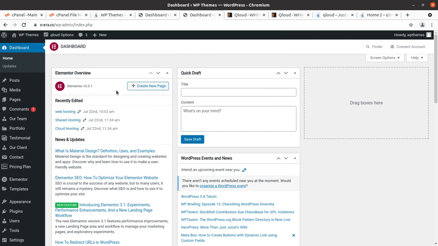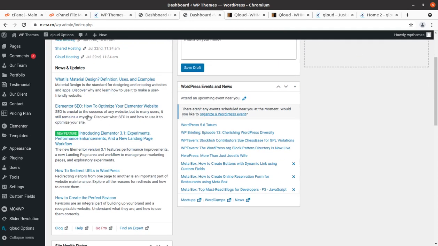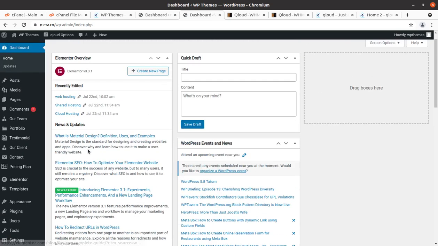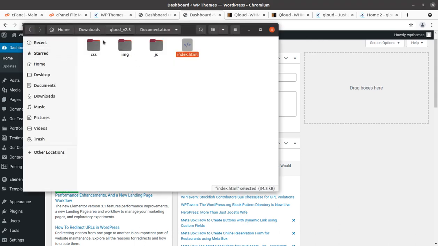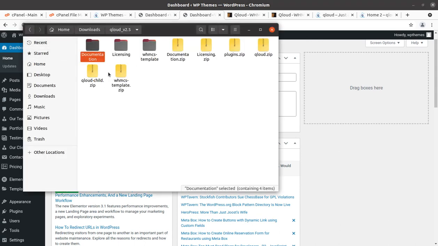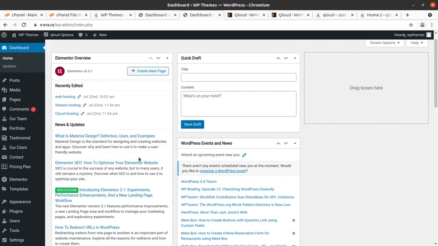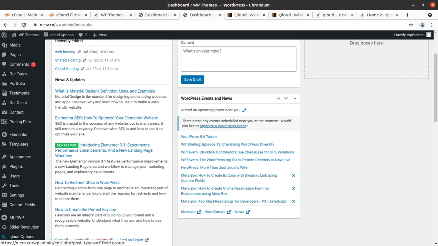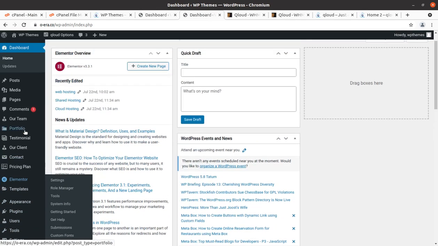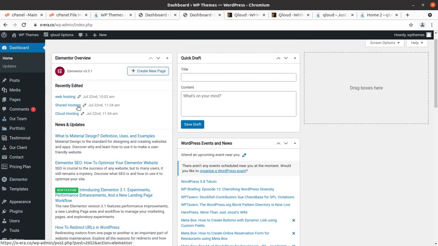If you have decided to use the WHMCS options, you have to take a separate license for that. It is not included in the theme pack, and yes, the templates have been given as I showed you. So you can use the WHMCS template after taking the license, and you can configure these templates as you need. To the panel of WHMCS, it will come as an additional feature. You have to install the WHMCS plugin and all.